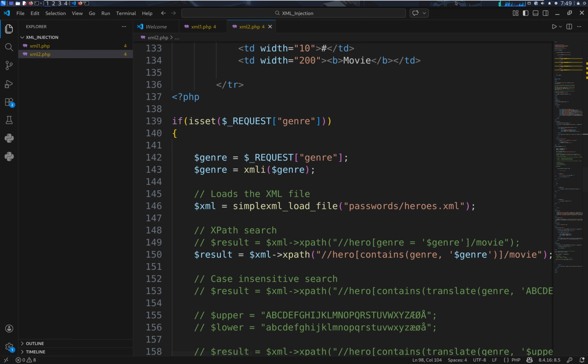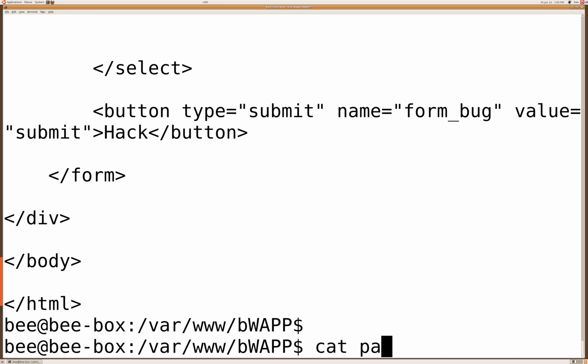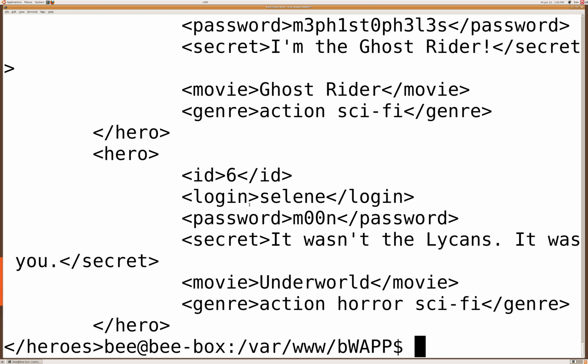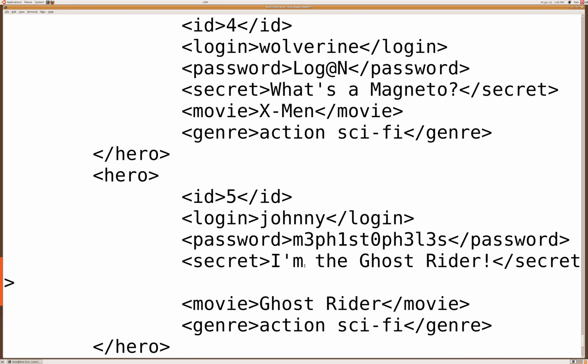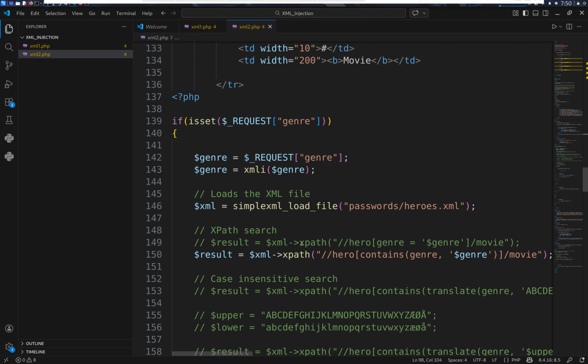Okay, maybe I can go back to bWAPP and have a look at this file, passwords, heroes. Okay, and so we can know the structure of the XML file. So we know the hero and ID, login or username, password, secret, movie name, and genre. Okay, very clear. And let me go back. So here